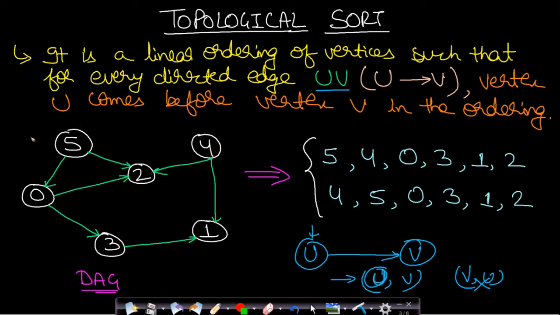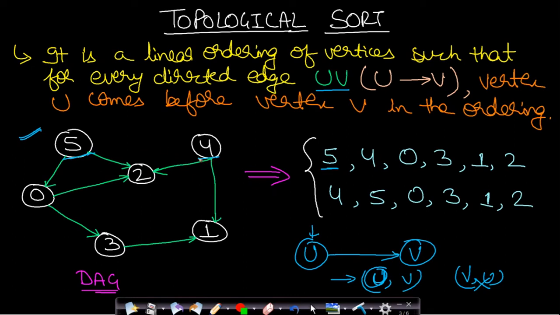Okay. Now, if we take an example like this one, in this case, you can see that we have 6 vertices. Now, what will be the topological sort? Obviously, the topological sort will start with the vertices having in degree equal to 0, because they will be the first ones in the directed acyclic graph. So, in this case, 5 and 4 have in degree values as 0. Therefore, either 5 can come first or 4 can come first. So there are 2 options. So let's say we chose this 5 to come first. Then 5 will come first.